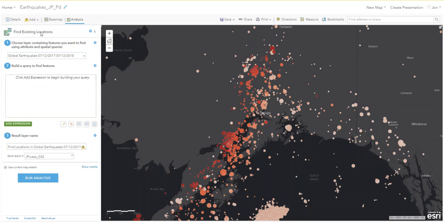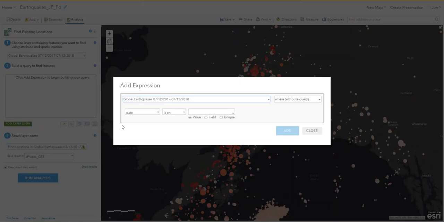And we have the global earthquakes layer. We don't want that to be cities. We want it to be the earthquakes. Okay, we want global earthquakes. Build your query here. So add an expression. We want earthquakes that are within. Here's our query item over here on the right. Earthquakes that are within a distance of, and then we just put in 100 miles